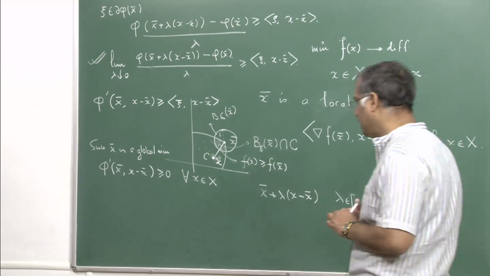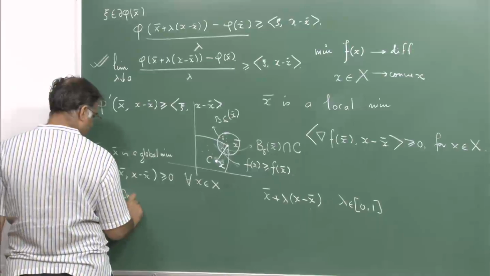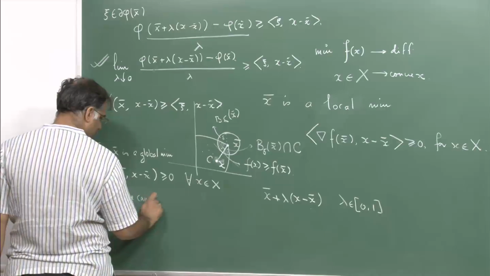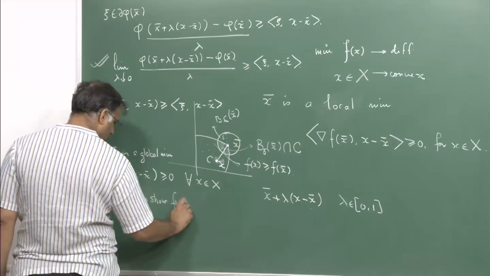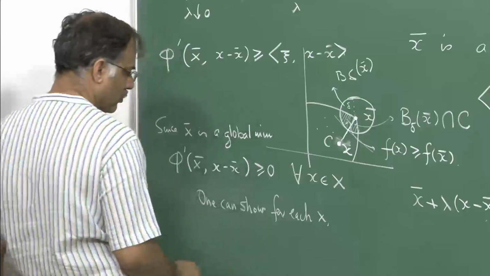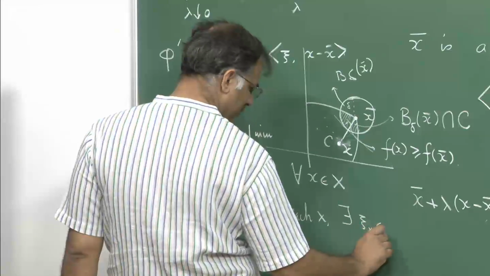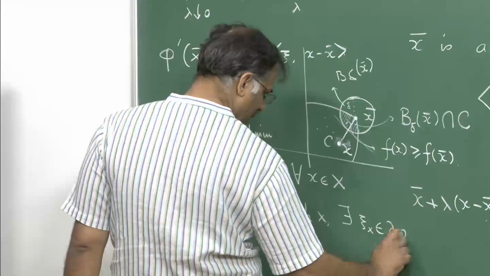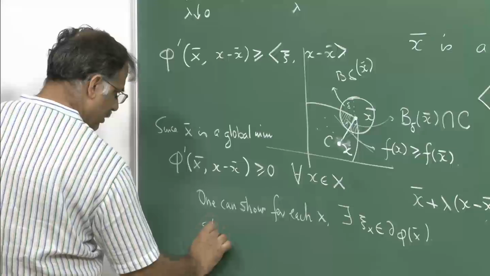So, we are just stating that one can show for each x there exists xi x such that